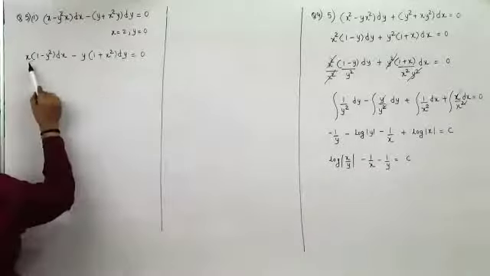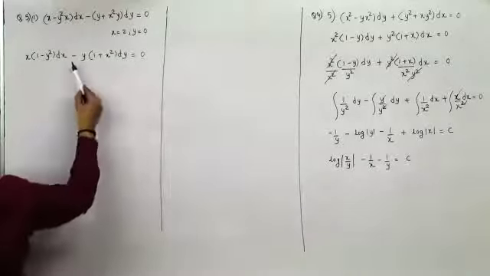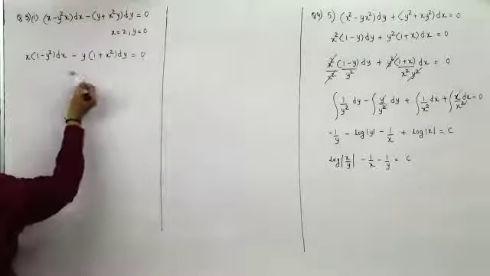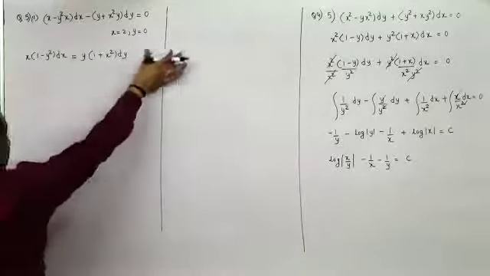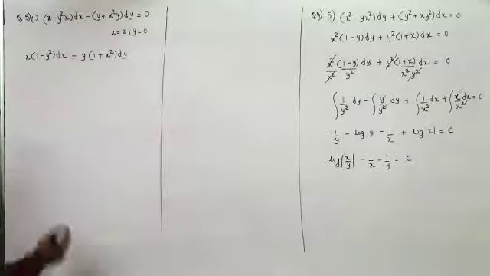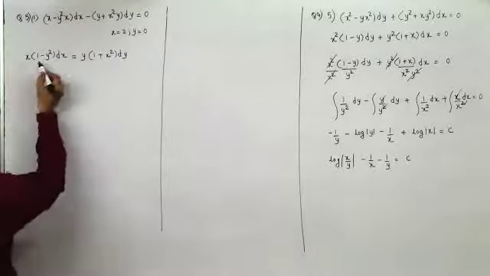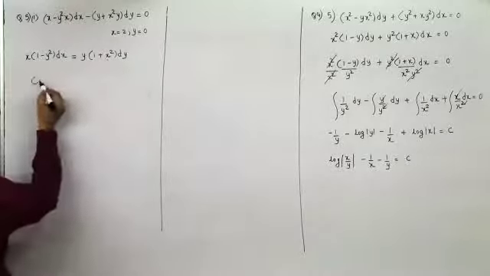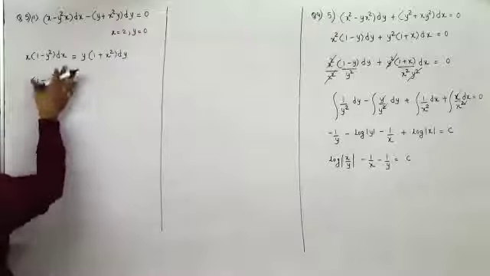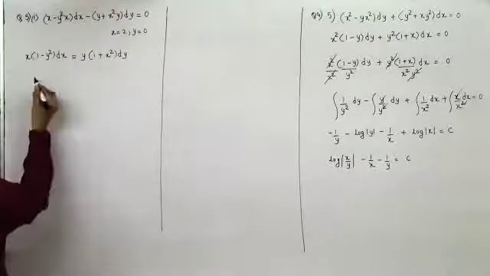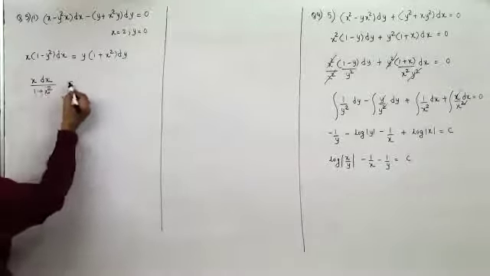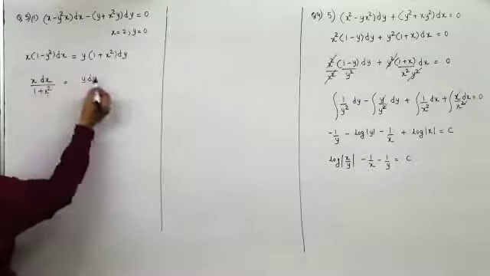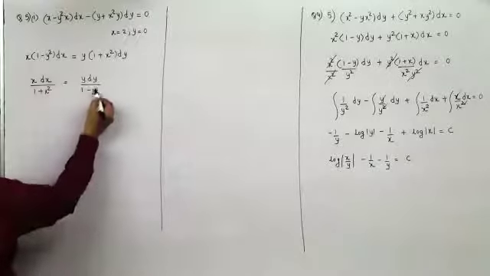How? When I divide, or if you are finding it difficult, you take it to the other side and then divide by the two terms. You'll understand it better. So here you can either write this as equal to after you take it over to the right hand side, and then you bring y over here, you bring x over here. So you will get 1 minus y square. Oh, sorry. This is dx and x. That should be in the numerator. x dx upon 1 plus x square, and here y dy. dx and dy should be in the numerator so that you can integrate.